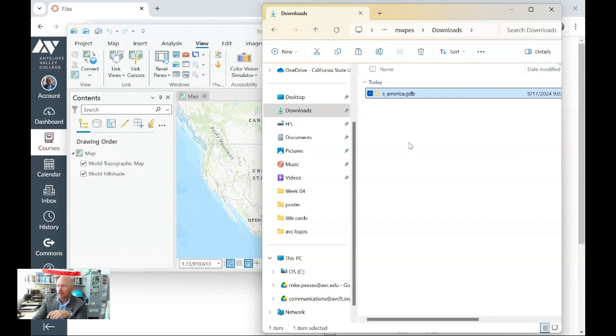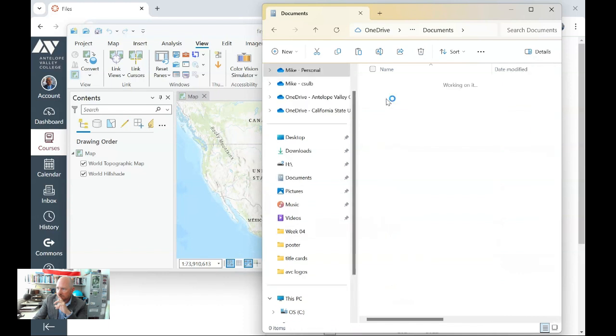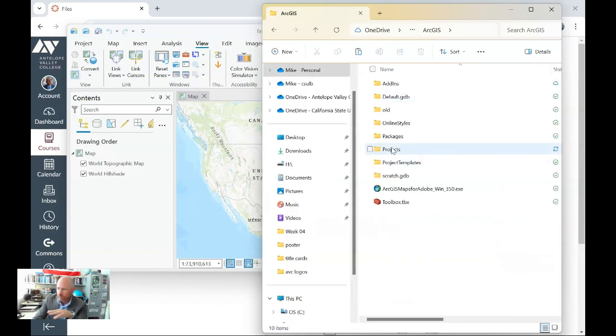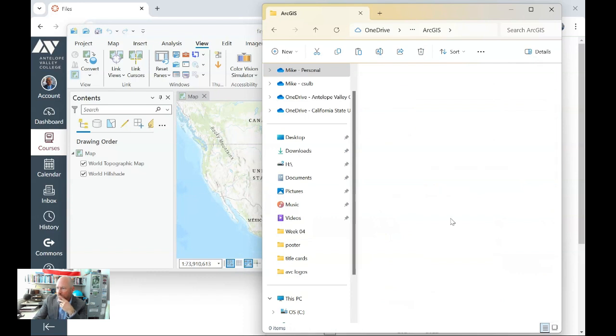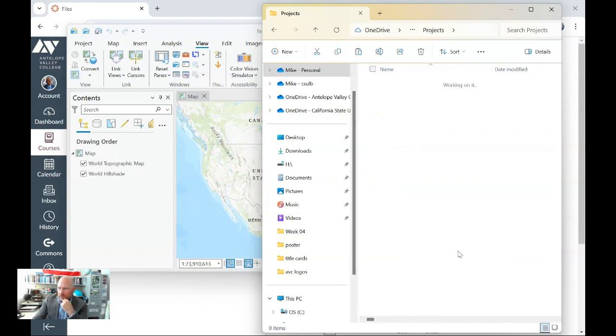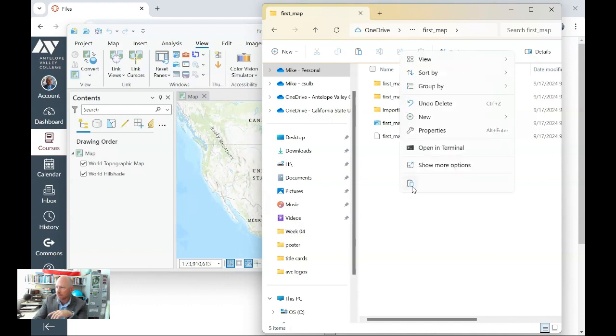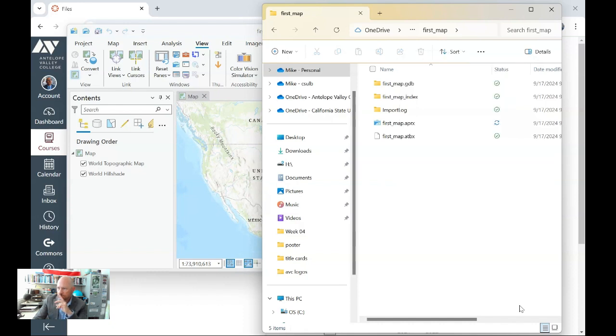So cut, then I'm going to go into documents, which most likely you can access here, but just look to the left in this little quick link pane over on this side. I left click documents, ArcGIS, projects. Again, you might see a bunch of stuff that's different. And then, of course, I've got a lot of stuff in here, but I want to find first_map. So I'll left click on that, and I'm simply going to right click and paste. So I've got that